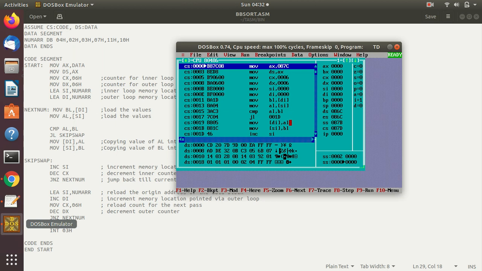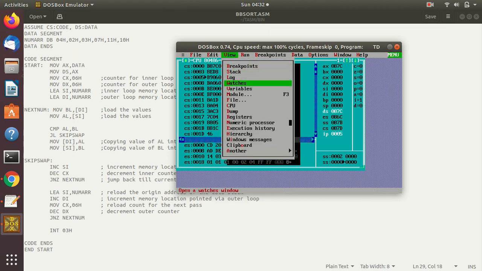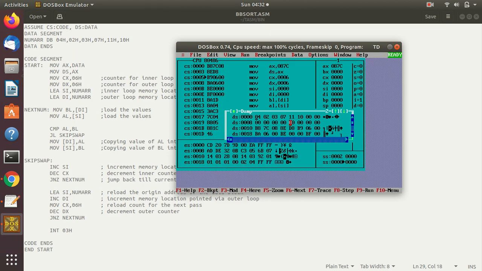So here what we'll do is, first we'll load this DS, AX, and then we'll open the dump. See here, go into this and open dump. So in the dump you can see it live, it can change. Okay, so you have to take a look at these counters as well. They will also change. So F8, see, the counter is loaded now at the counter statement. You can see here a black arrow is pointing to this. So now DX will be loaded.